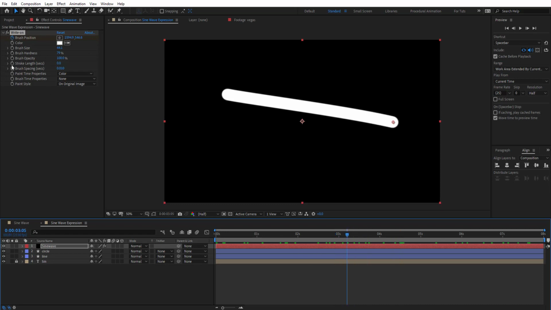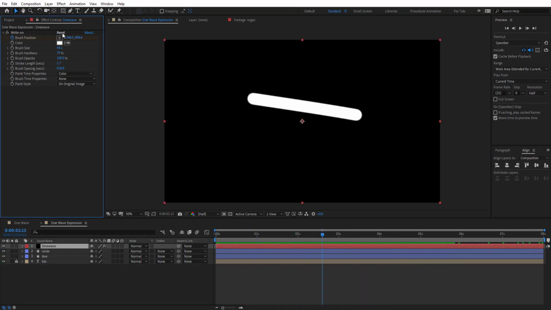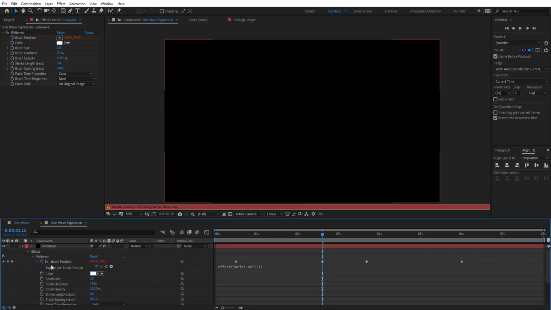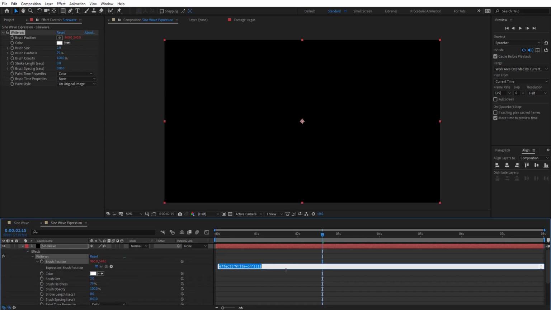And here we have the stroke length, so here we can maybe start animating that as well, something like this. So it's pretty cool and straightforward to understand. And now we're going to reset this Write-on effect and get rid of the keyframes and expression. We're going to add an expression to this, so